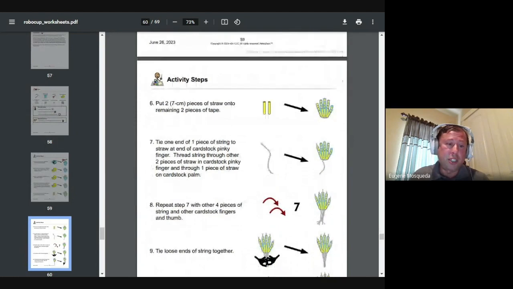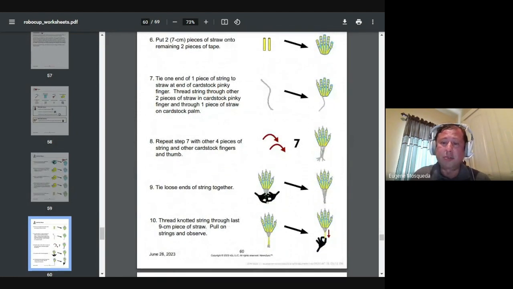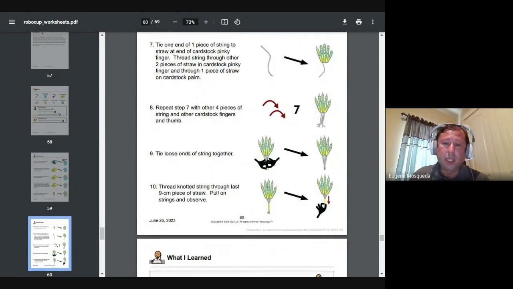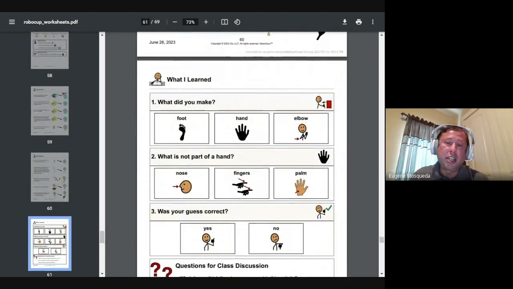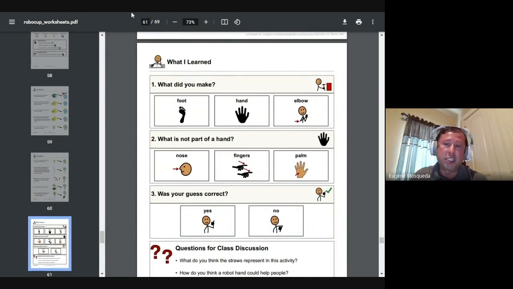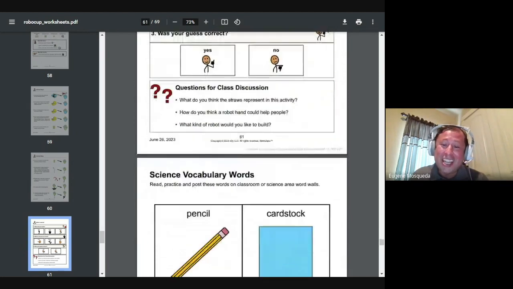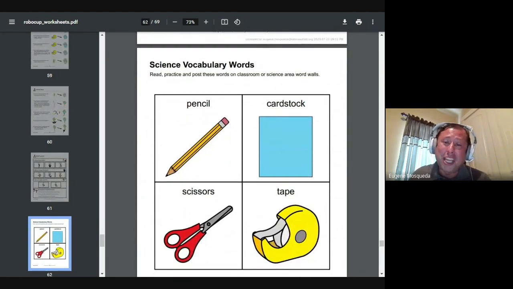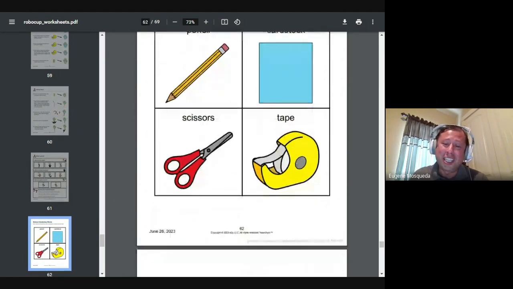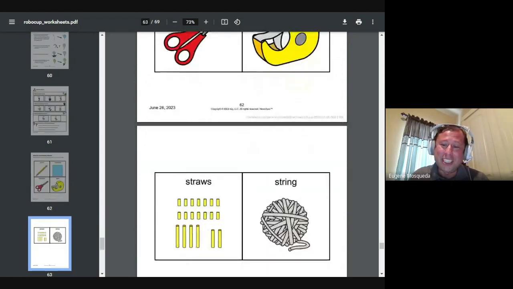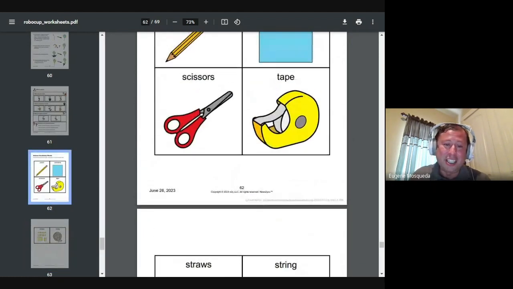And if you go down here, same thing happens. Get more information, and then you get the questions for the experiment, right? Let's see. I forget I have to check the chat just in case. And then you have the classroom discussion. And then at the bottom, you get their main science vocabulary words. And then you talk about